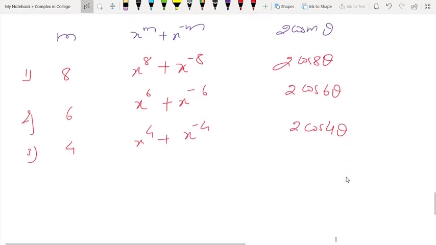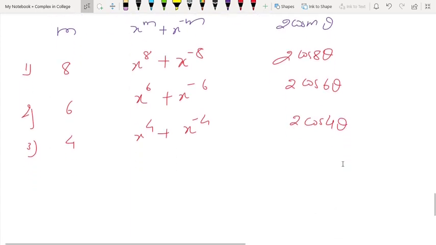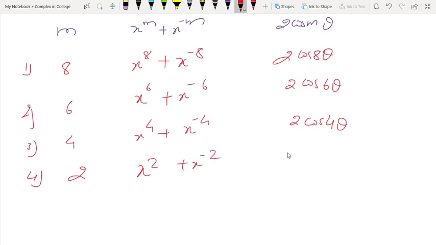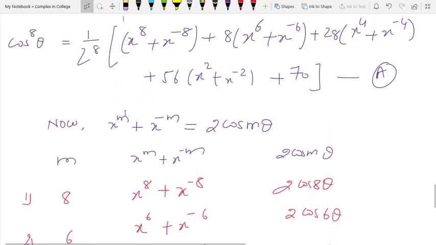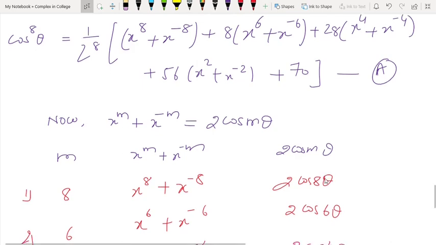And next we have 2. So x raised to 2 plus x raised to minus 2. This is 2 cos 2 theta. रिप्लेसमेंट जो भी आपको मिला x raised to 8 और x raised to minus 8 का, x raised to 6, x raised to minus 6 का, उस सबको रिप्लेस करना है आपको इन सारे टर्म से. So from equation, okay,